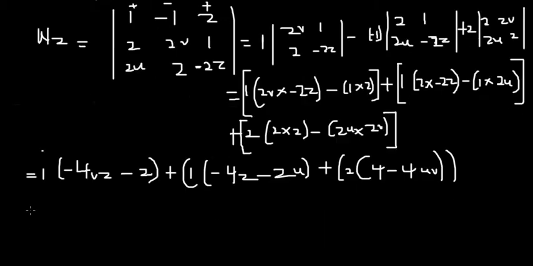Now let's proceed from here. Now from here you know that when you multiply 1 throughout, we have minus 4vz minus 2, right? So 2, that's here, plus, when you multiply 1 throughout, you end up with